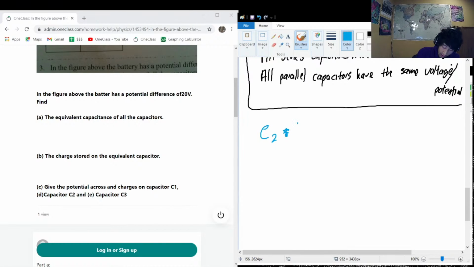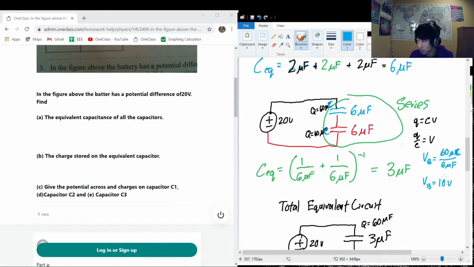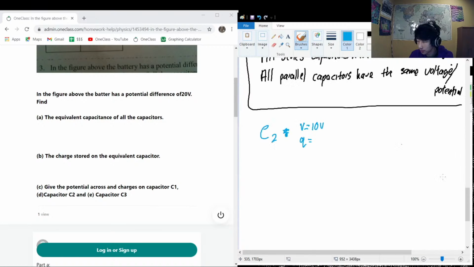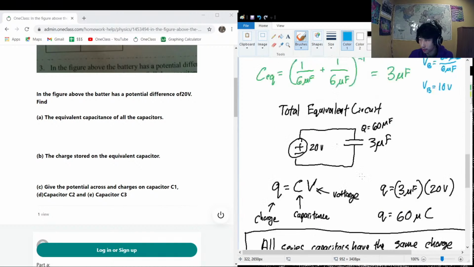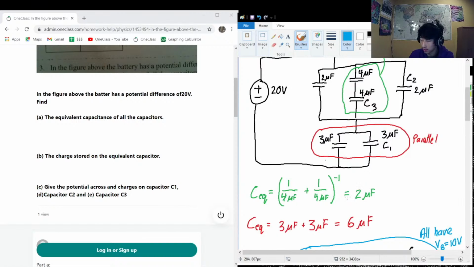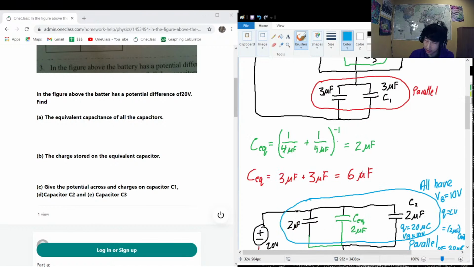In the same place, we had V equal to 10 volts, and the Q associated with C2 was equal to 20 microcoulombs. Cool. And so we can keep retracing our steps, and we can see that, okay, we have another parallel situation,